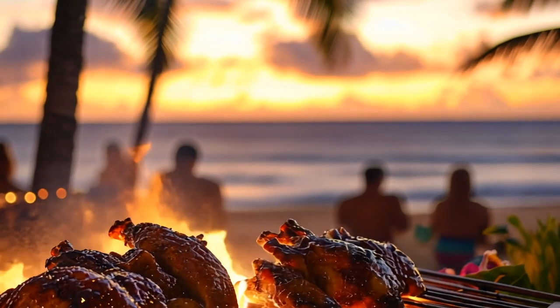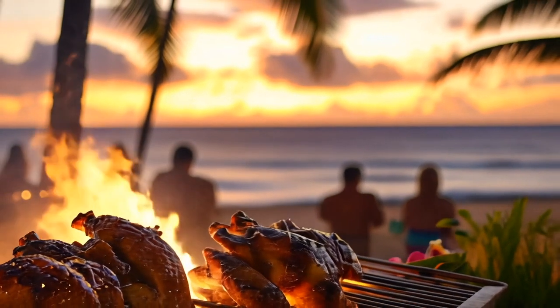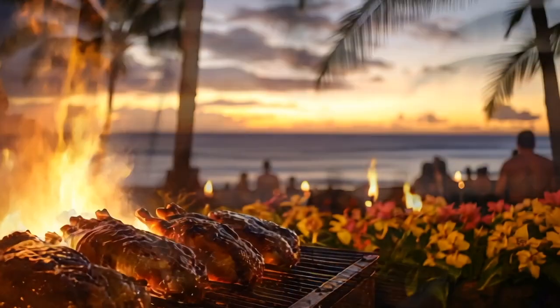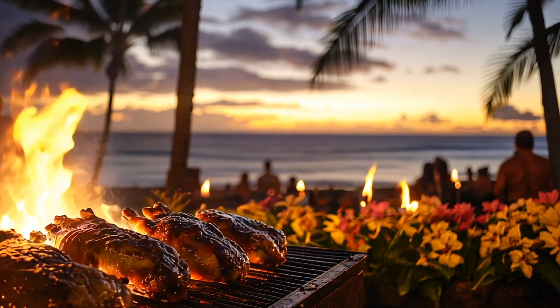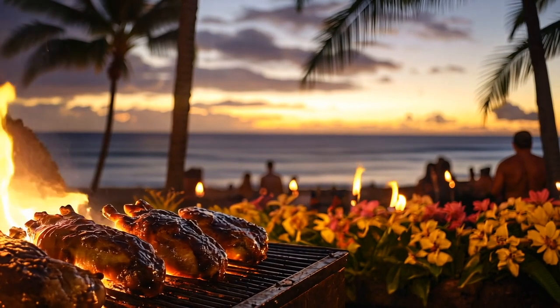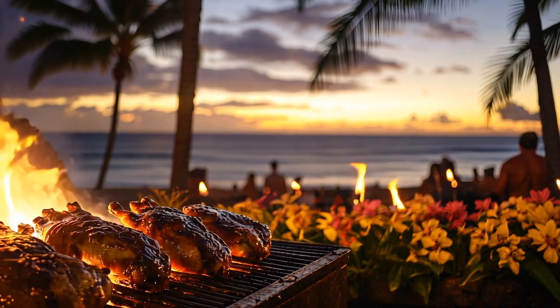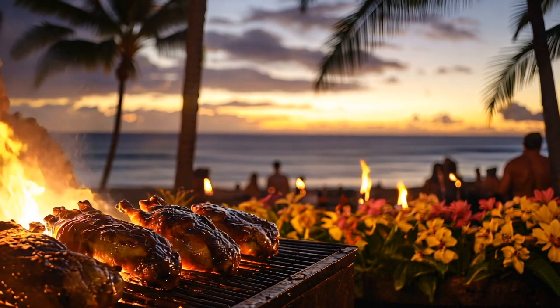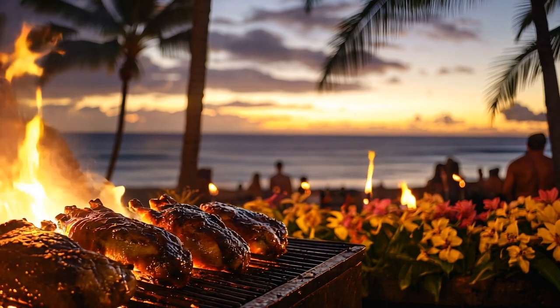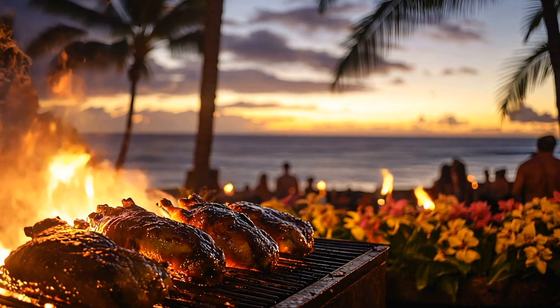No Hawaiian barbecue is complete without Huli Huli Chicken, a smoky, sweet, and savory favorite that dates back to the 1950s. Huli means to turn, referencing the rotisserie-style cooking method where the chicken is continually flipped over an open flame. Created by Ernest Morgado, who used a family marinade of soy sauce, brown sugar, garlic, ginger, and pineapple juice, the